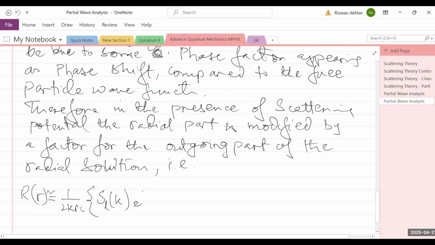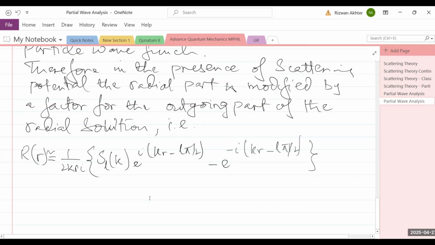So this is e to the power iota (kr minus l pi by 2) plus minus e to the power minus iota (kr minus l pi by 2), and this factor closes. So this is basically the quantity and यहाँ पर हम ये कह सकते हैं this S sub L of K